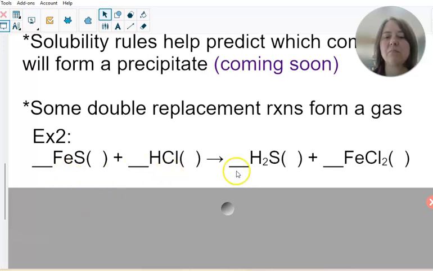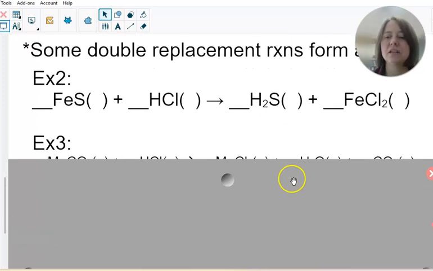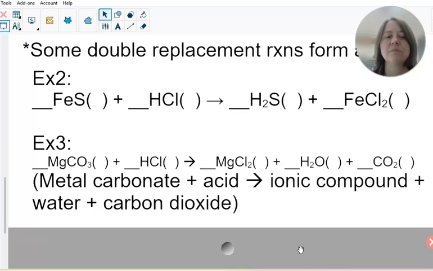And you'll want to take a moment and balance the equation, and then fill in the states of matter, and you want to figure out, using some logic, which one's going to be the gas. Okay, another example, so please write this down, is magnesium carbonate reacts with hydrochloric acid to form magnesium